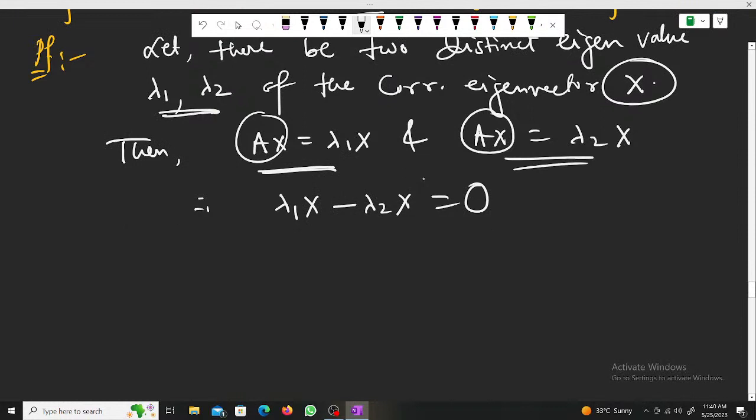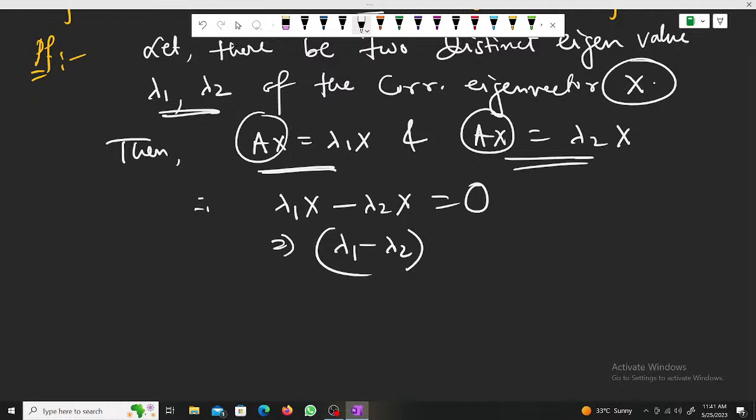Okay, which implies that (λ1 minus λ2) into x equals to 0, তাহলে এইটাকে 0 হতে গেলে নিশ্চয়ই x টা